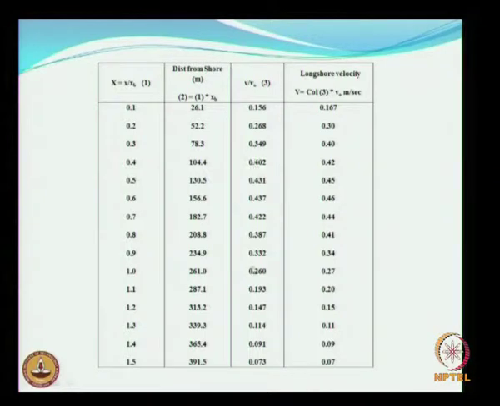Use this accordingly and then you will get the variation of the current velocity as given here. This is the dimensionless velocity. In the last column you have the longshore current velocity within the surf zone. What you see is it increases, and close to the mid surf zone it is about 0.45, which is close to the maximum velocity, and you can also find out the average velocity in this case.